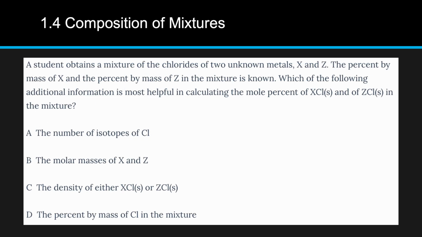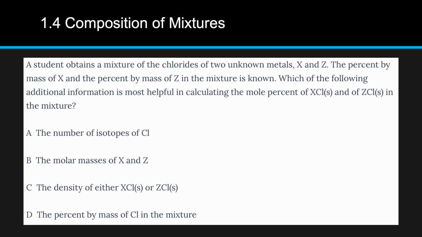A student obtains a mixture of the chlorides of two unknown metals, X and Z. The percent by mass of X and the percent by mass of Z in the mixture is known. Which of the following additional information is most helpful in calculating the mole percent of XCl and of ZCl in